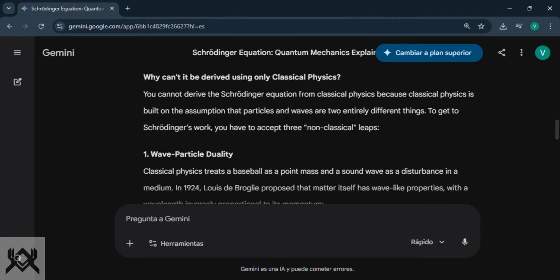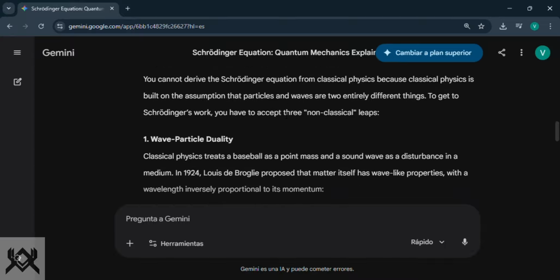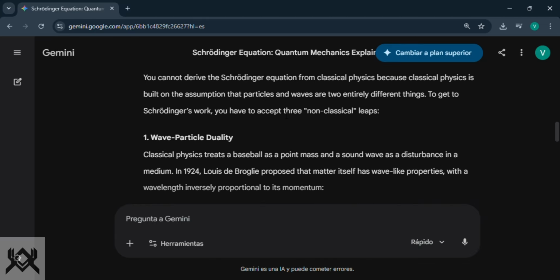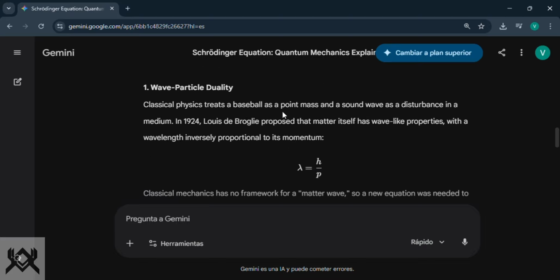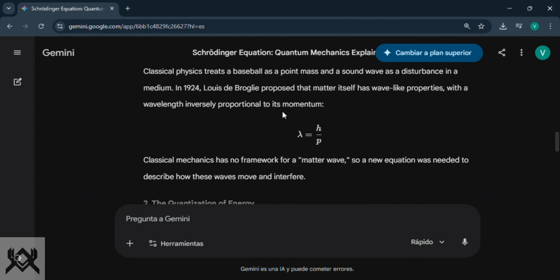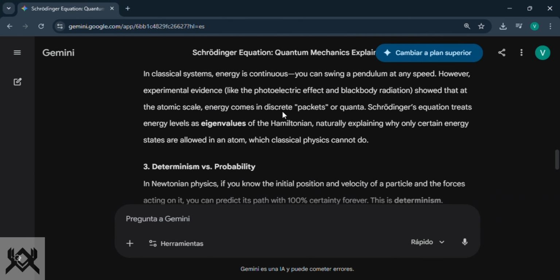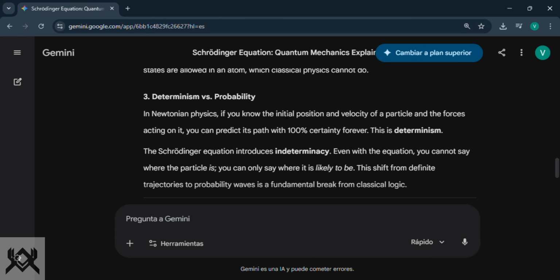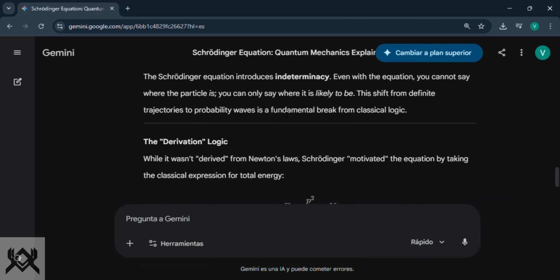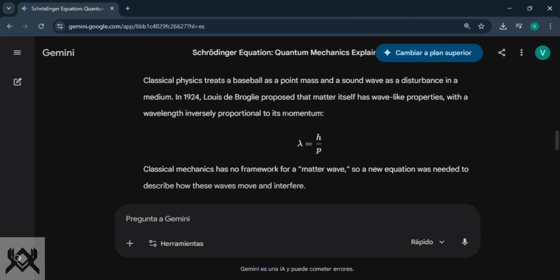To get the Schrödinger equation to work, you have to accept three non-classical laws. After, we summarize these topics: wave-particle duality, the quantization of energy, deterministic versus probabilistic, etc. This topic is very advanced in physics.